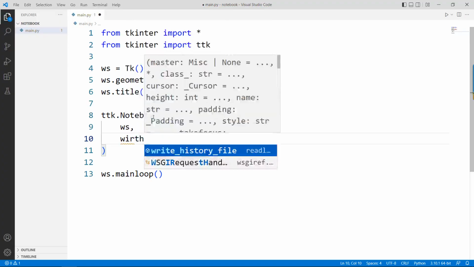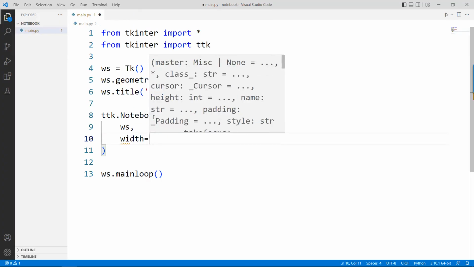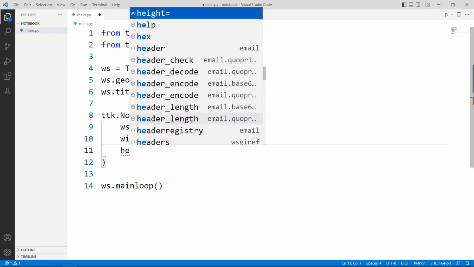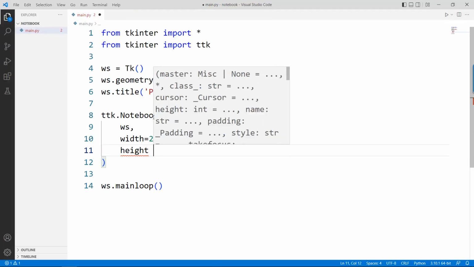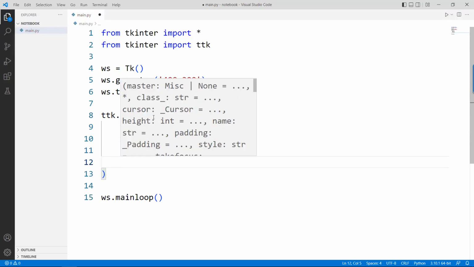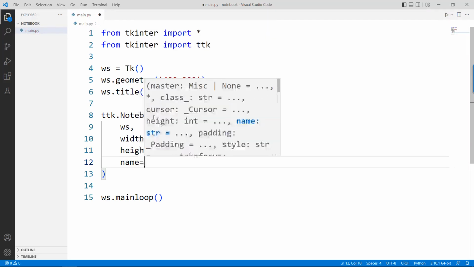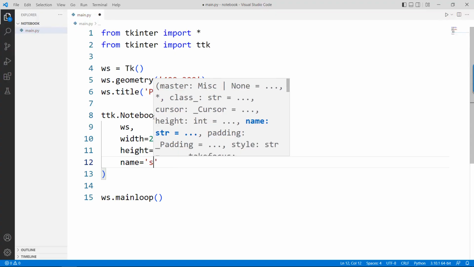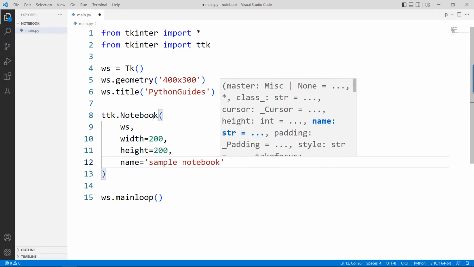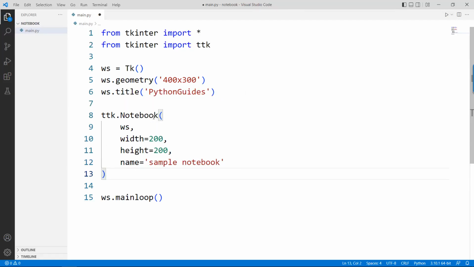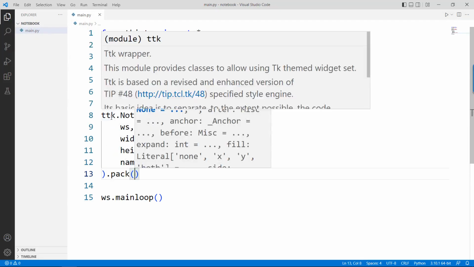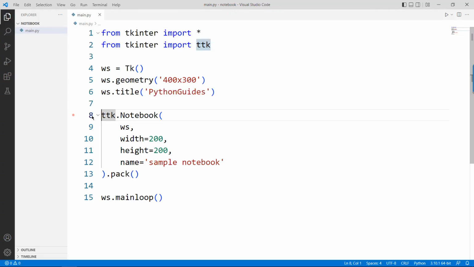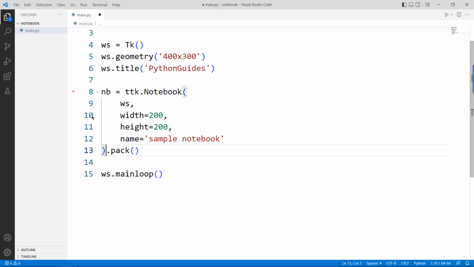So let's give a width of 200, and height of 200. You can also provide a name to your notebook. So let's say sample notebook, and after that we can pack this. Now what we can do, we can just assign it into a variable. So let's give a name of variable as NB, which stands for notebook. Now once we did that, if we will run the application,